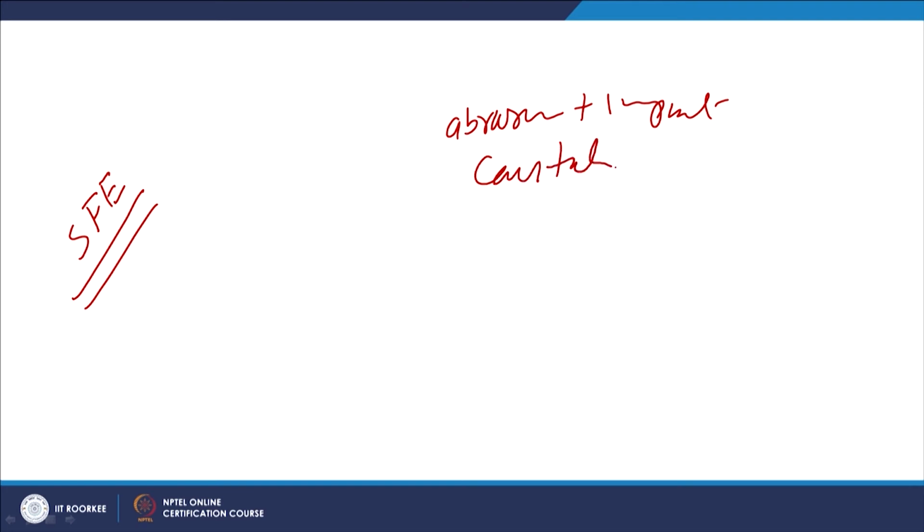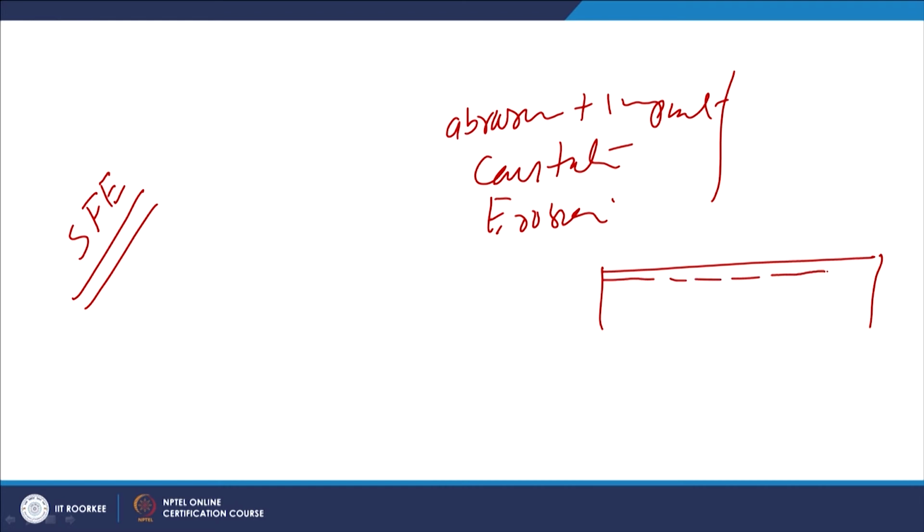Now, the stacking fault energy is another one which is important. So, in all those service conditions like abrasion coupled with impact, or cavitation, or erosion, where solid particles are impacting onto the surface, whenever impact happens, the surface layers get deformed, and if the metal has low stacking fault energy, the surface layers will get work hardened, and work hardening means the hardness of the material will increase and it will resist the wear effectively.